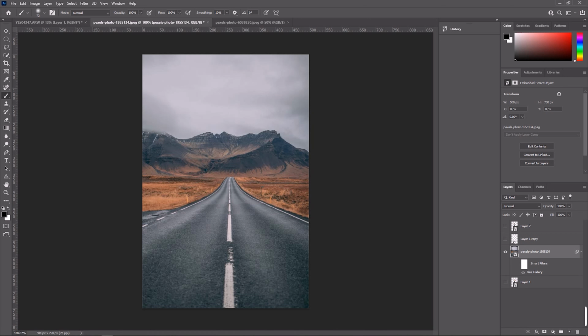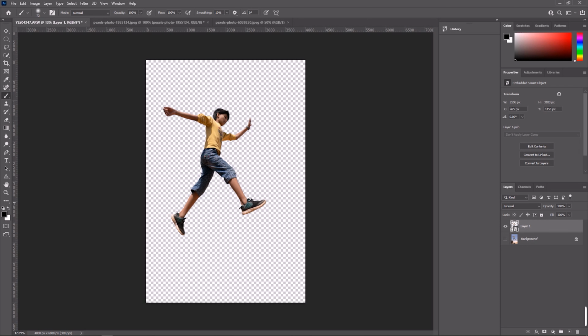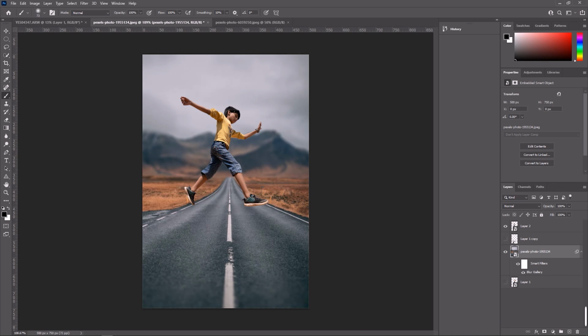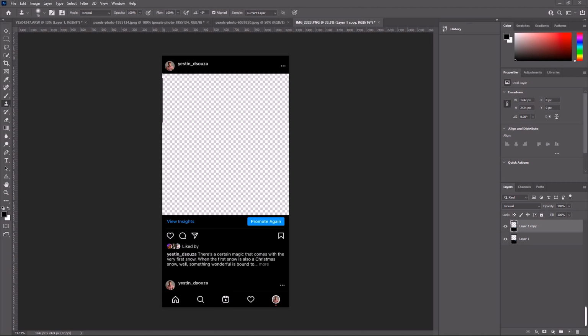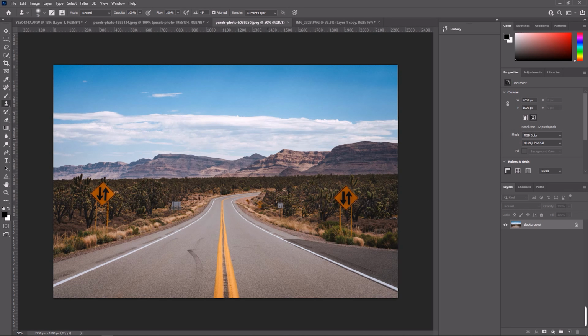Then I have taken the model's image from the PNG I created. Then I have created its shadow, and after creating it, it came out like this. The next step is shifting the entire image over here. But before that, first I'll put up the screen of my Instagram page, which I wanted to keep over here. See, I have created a PNG screen of the Instagram profile cover page. What I'm going to do next is shift it onto the screen.